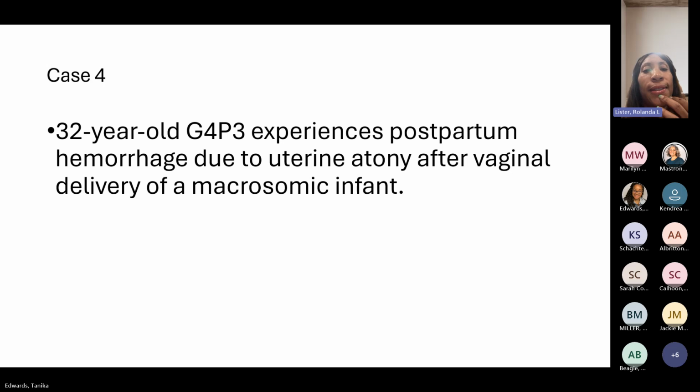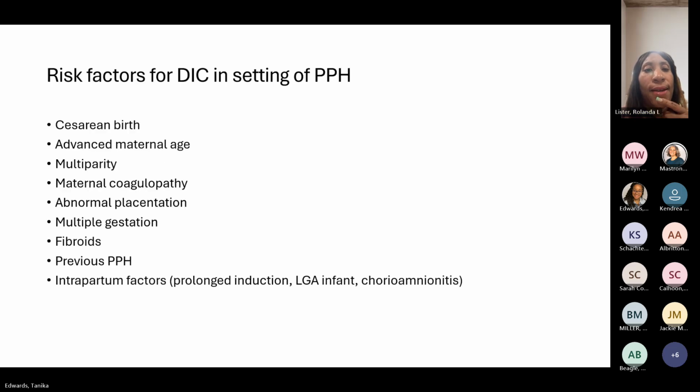I think I have a slide on other. Yes, so other risk factors. So pretty much what leads to risk factors for DIC in the setting of postpartum hemorrhage is severe postpartum hemorrhage. So the things that can lead to increased risk of postpartum hemorrhage are things like cesarean birth, multiparity, some of that you guys have named. If she has a maternal coagulopathy baseline, like von Willebrand's factor, or protein C and S